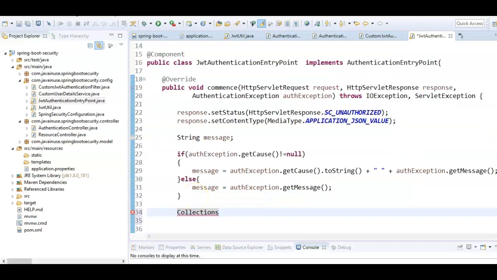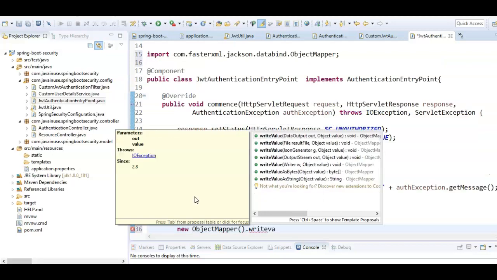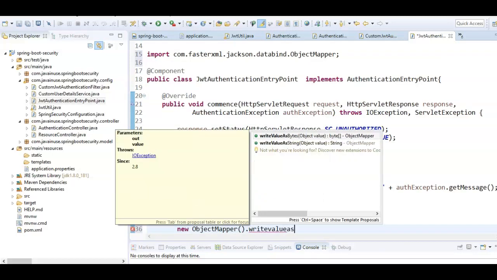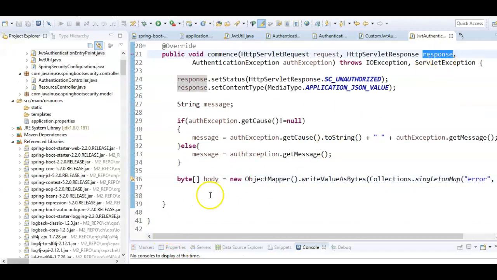Next, we'll be creating a map with the key as error and the value as the message that we have just created. Next, we'll be converting this map to bytes using the Jackson object mapper. Finally, the generated bytes will be provided to the response.get output stream.